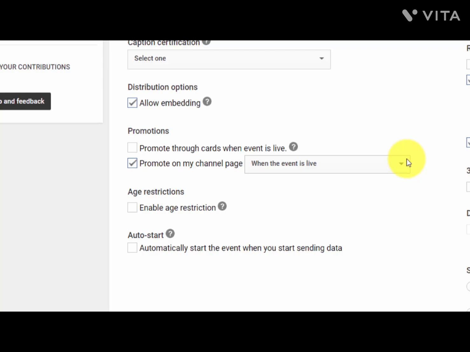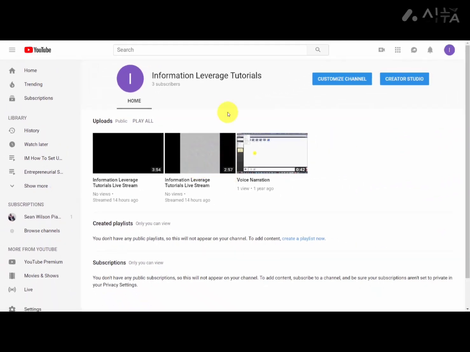Now, the other link you can share is going to be available to you when you have this setting enabled inside of your live stream, and that is to promote on my channel page when the event is live. That means that if you're sharing your channel page, the individual will be able to watch your live stream